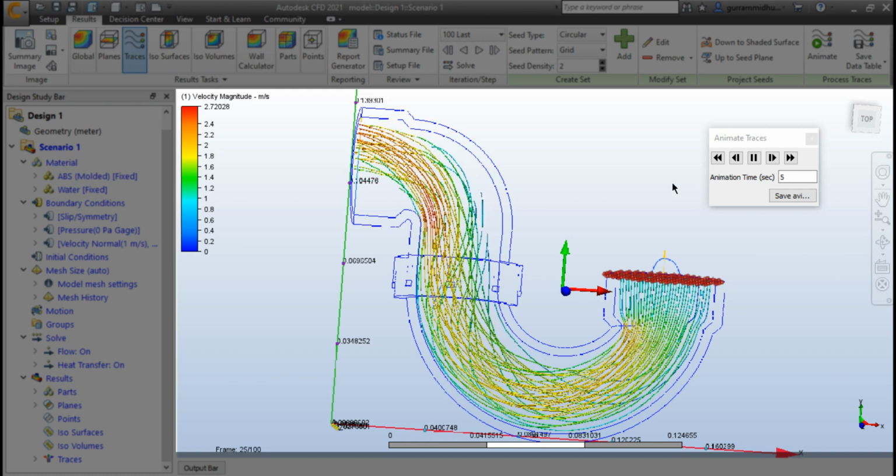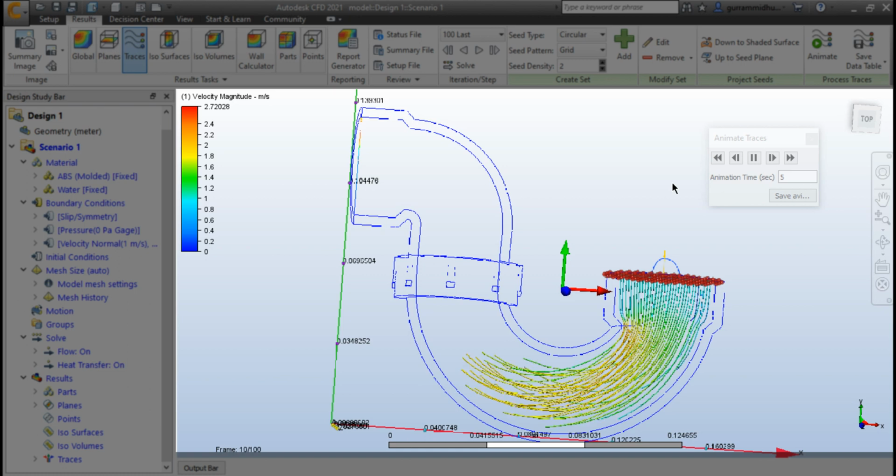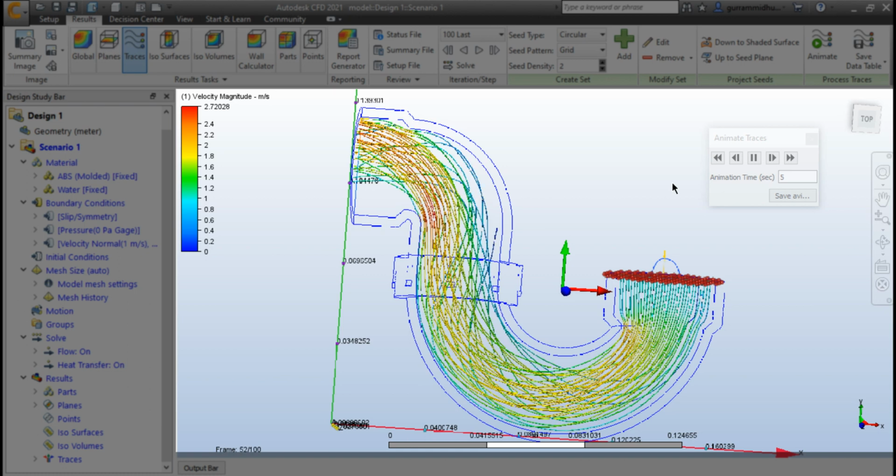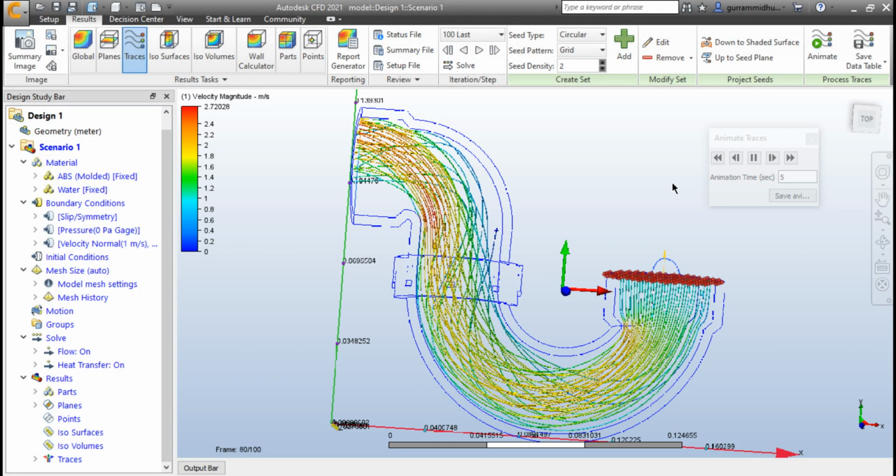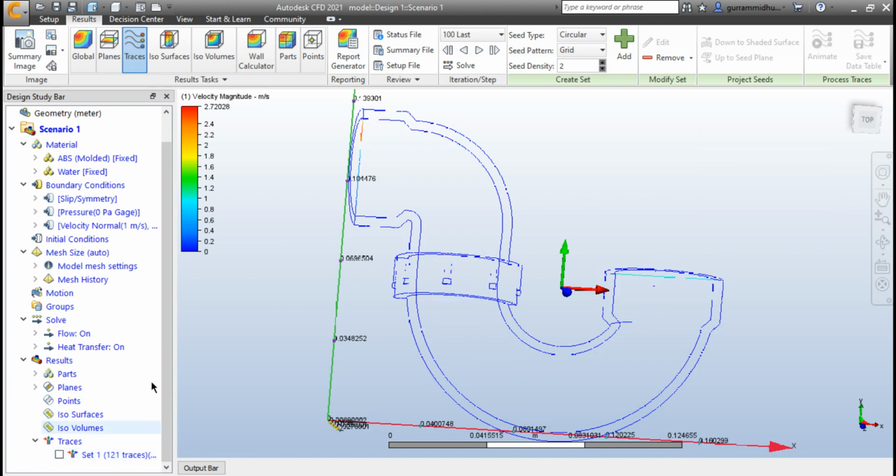If you observe the animation, all the particles do not reach the outlet at a time. This is because of the geometry that is designed and also the shape of this part. Perfect. You can save that animation as AVI. I'm gonna hide the traces and